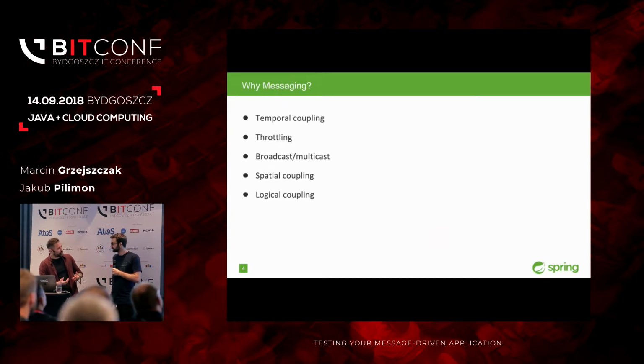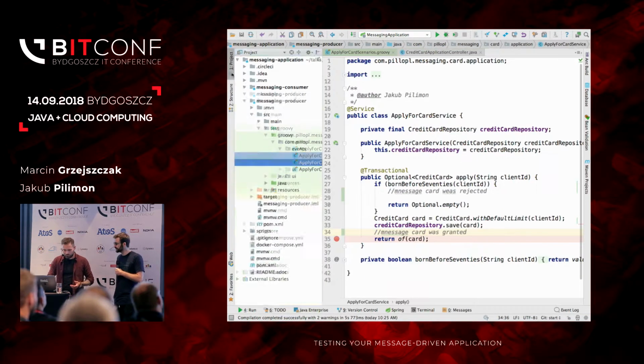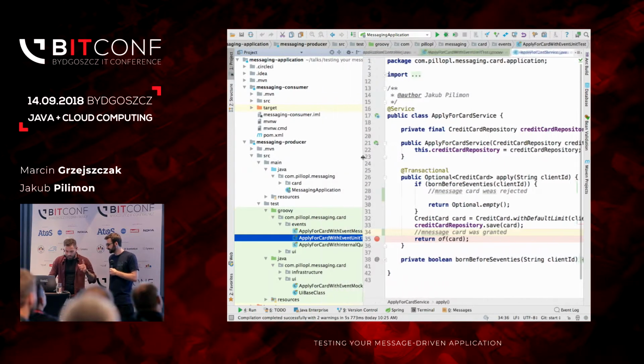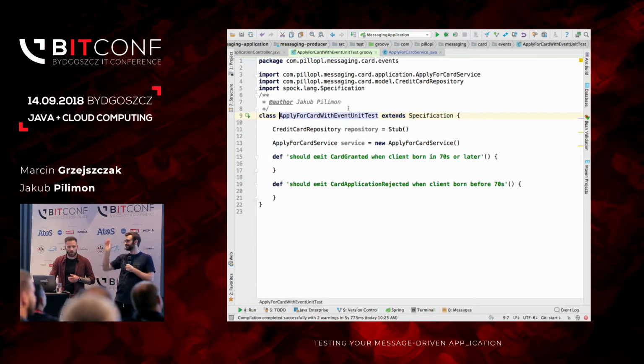Let's do it, right? So have you heard about test-driven development? We do it all the time. Red-green-refactor, right? We never start a single line of code without writing a test. I have seen some tests. Who does it the same, a single line of production code without writing a test? Don't be shy, we're friends here.